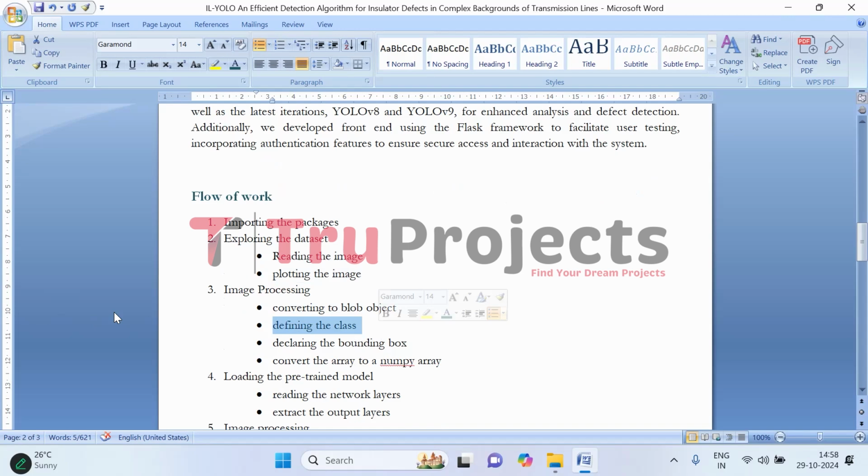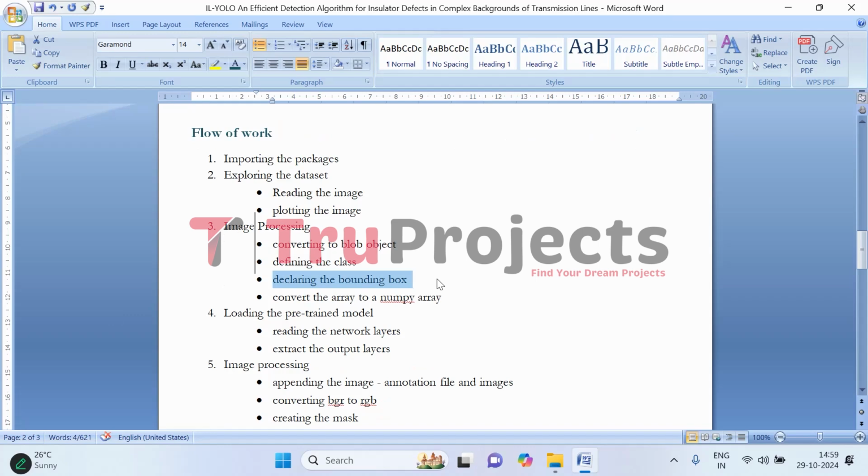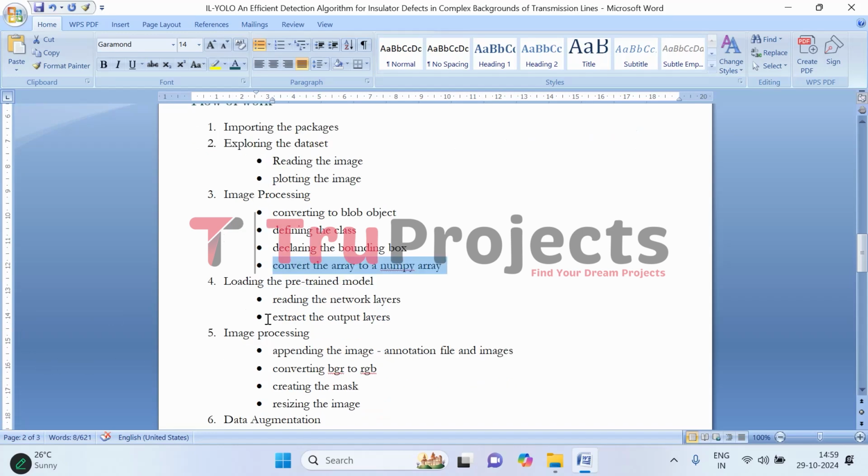And then we define bounding boxes. That is, here we define the classes of the objects we want to detect, specifically the insulators. Then we declare bounding boxes around the objects of interest in the image, marking where the defects are located. Then finally, we convert images into NumPy array, which allows for easier data manipulation. Next, we load the pre-trained models. So we load the pre-trained models by reading the network layers and extracting the output layers that we will use